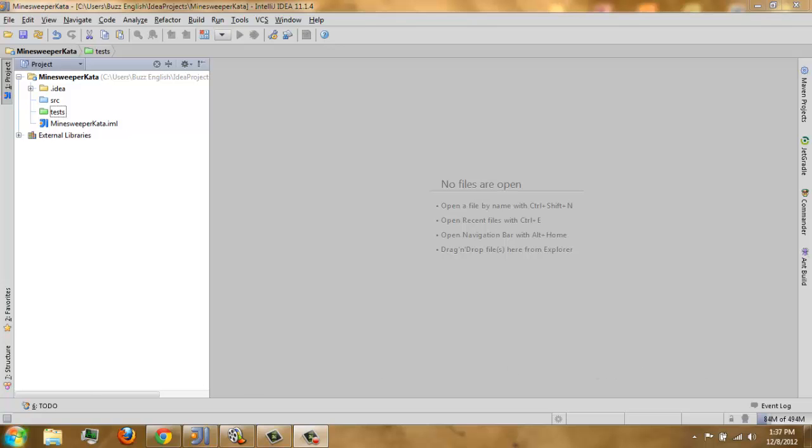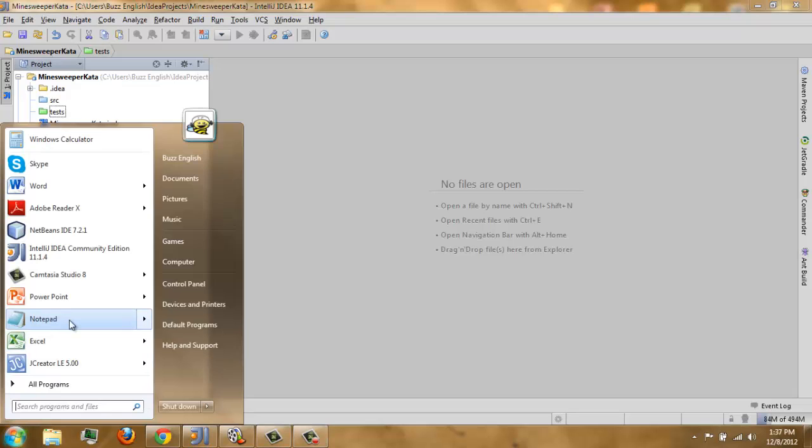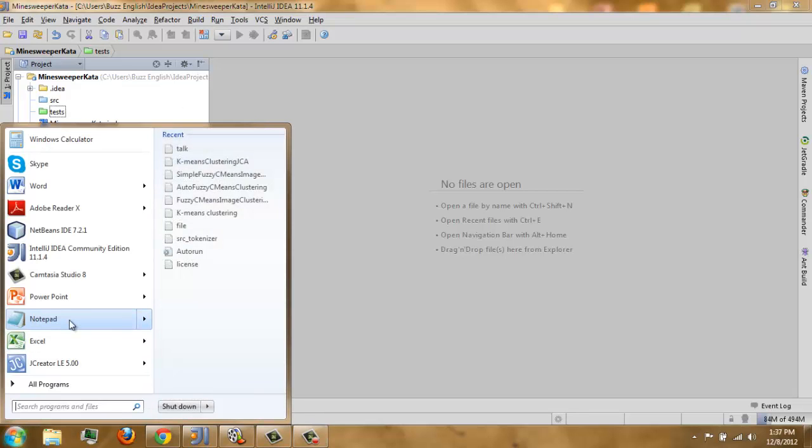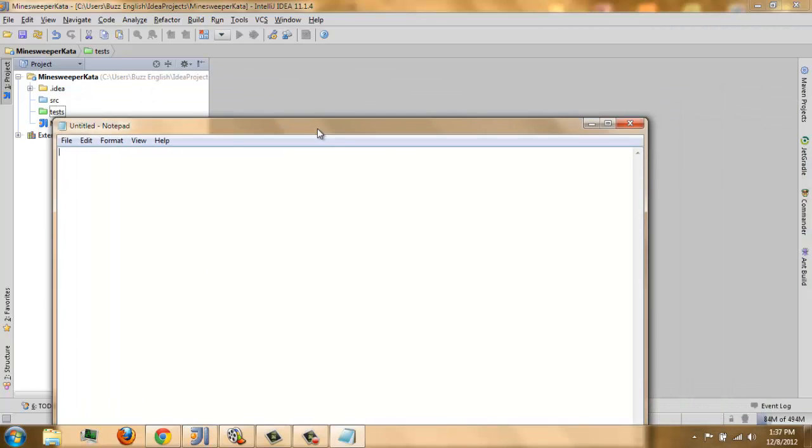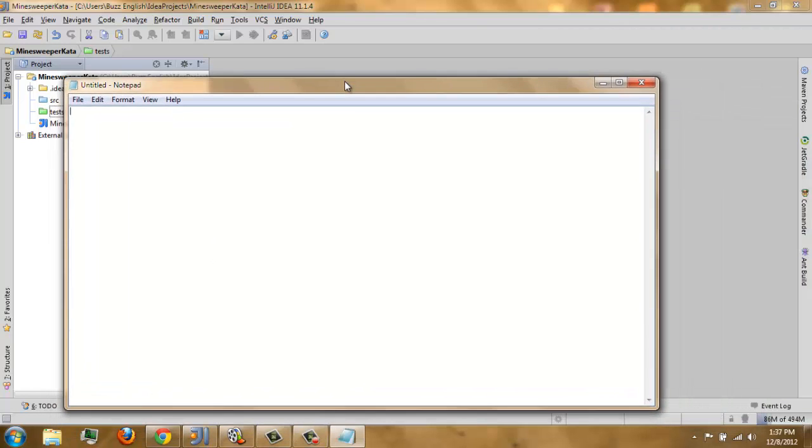So before anything else, let's discuss the process of the Minesweeper Kata. The input is a text file that contains this. We'll show you. The first line is already the standard that contains our dimensions, and the next will be the first row of our grid. Let's explain that later on.